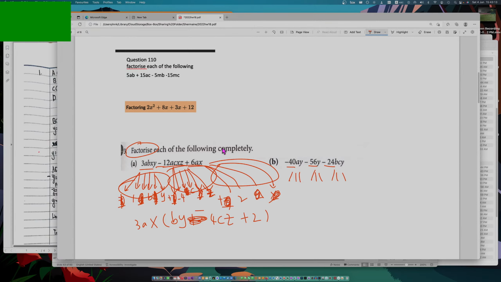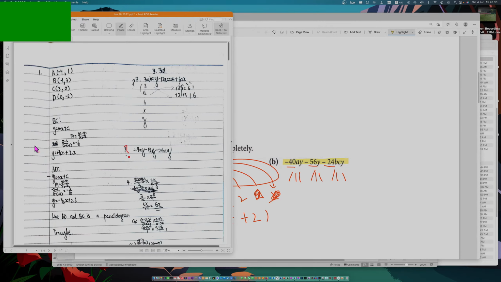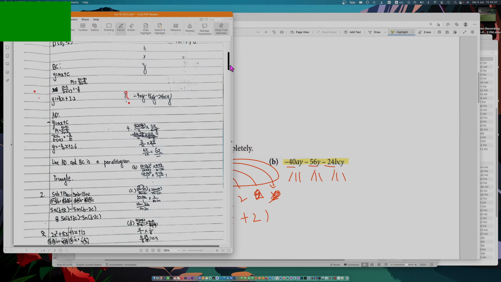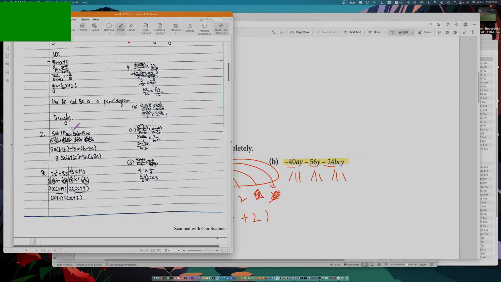Here, so just want to give you, this is factorize of how many terms? 3 terms. Factorize of 3 terms. So this is the technique. So what about factorize of 4 terms? 1, 2, 3, 4. What is the factorize of 4 terms? If you have 4 terms, you need to split. Okay? Split. Then